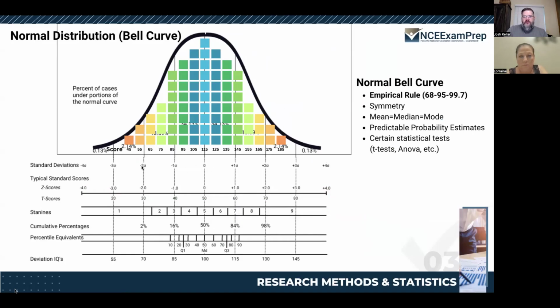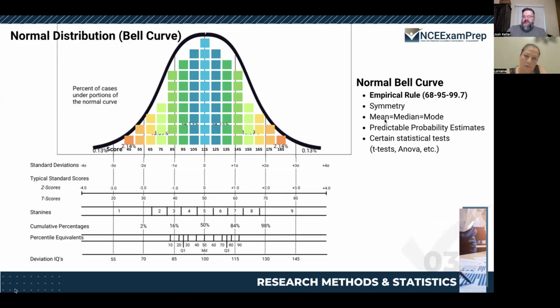95% of the scores fall between -2 and +2 standard deviations. And then 99.7% of all of the scores fall between -3 and +3 standard deviations. That's what happens when we have a symmetrical data scattering. There's symmetry. I'm going to come back to this in a minute, but in a normal distribution, a bell